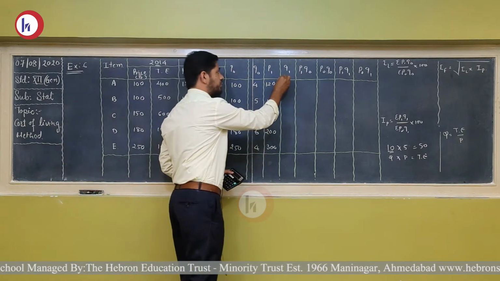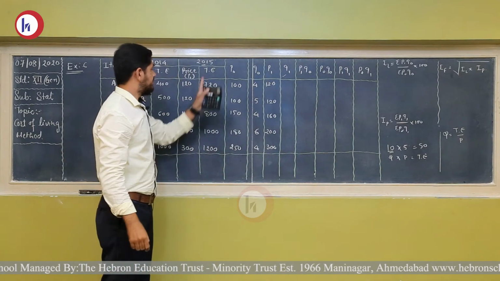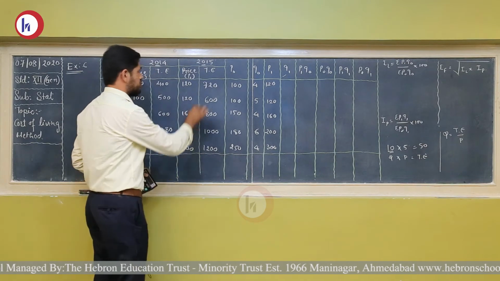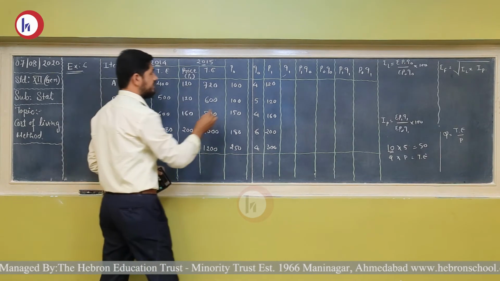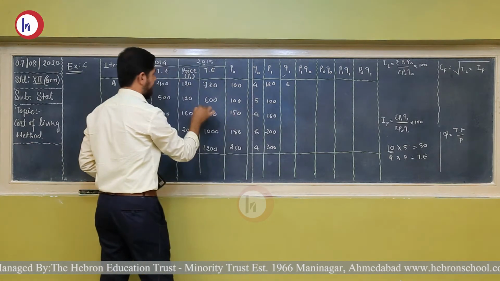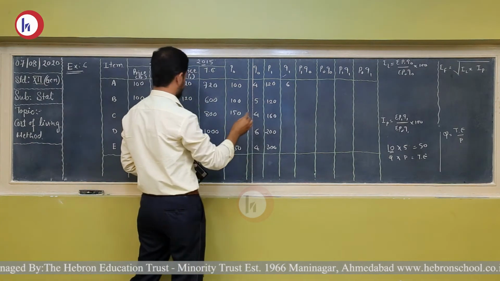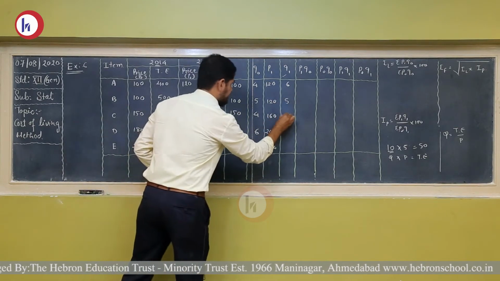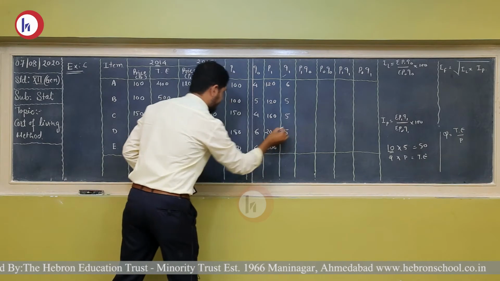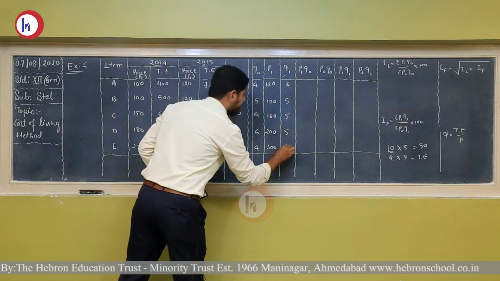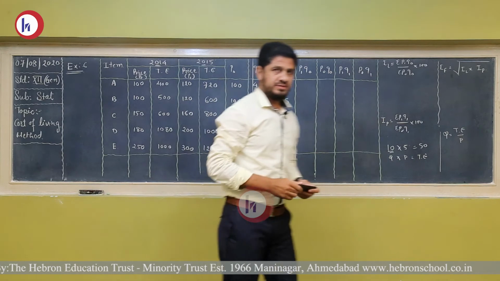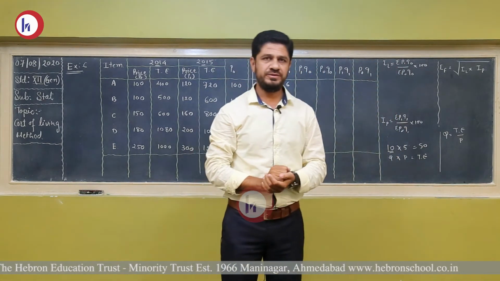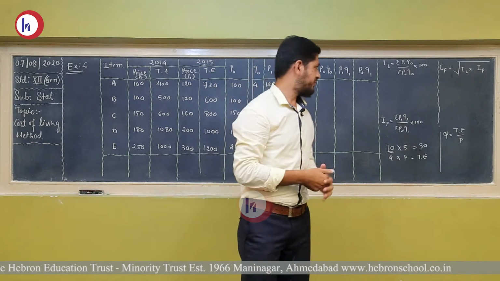Now to find the value of Q1, we need to divide the total expenditure of the current year by the price of the current year. So 720 divided by 120 is 6. 600 divided by 120, 5, 5 and 4. Students, now you can see the sum is as usual as we solved earlier. But there is one more trick.